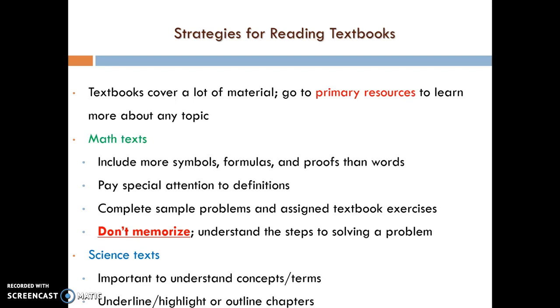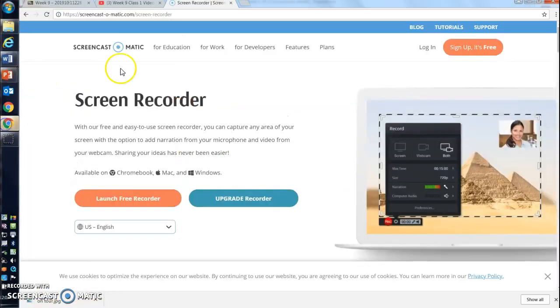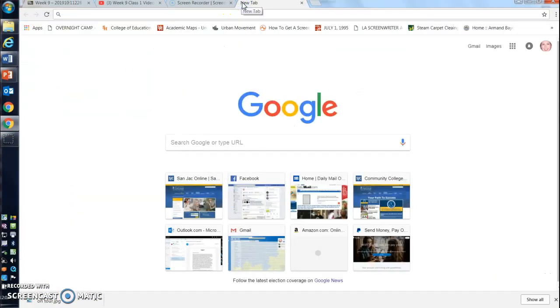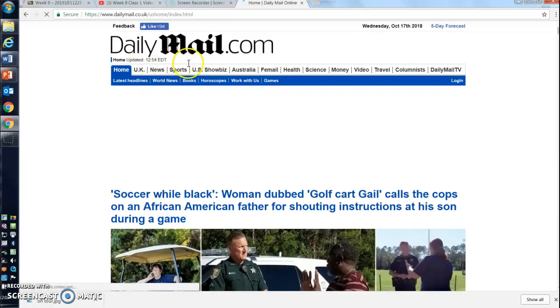In the back of your chapters, there will be links to people, articles, places they got information from. They also have little boxes in your book that are going to tell you, hey, go to this site to get more information. But when we talk about primary resource, it means it needs to come from the source. So if you take a look at my screen, if I went to the Daily Mail and I decided to go to health,